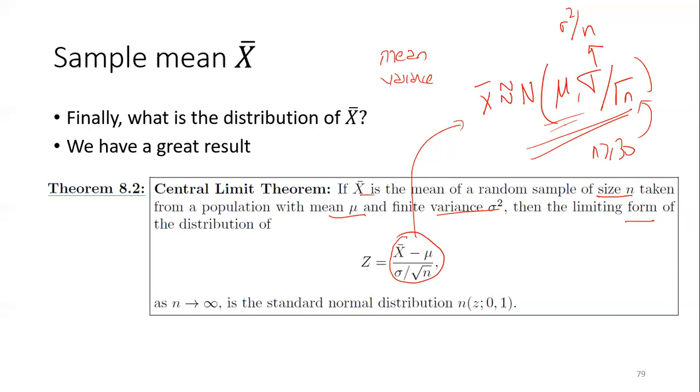Well, that's a great result. What does this mean? It says that it doesn't depend on the distribution of x. It doesn't depend on the distribution of the heights. Your heights can be uniformly distributed, exponentially distributed, gamma distributed, beta distributed, and so on and so forth. Whatever the distribution of individual heights is, the distribution of x bar, in terms of our example, the distribution of the average of a class, is normally distributed. That's a great result.